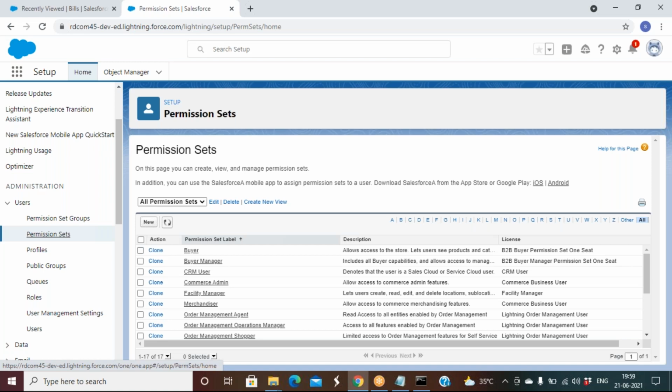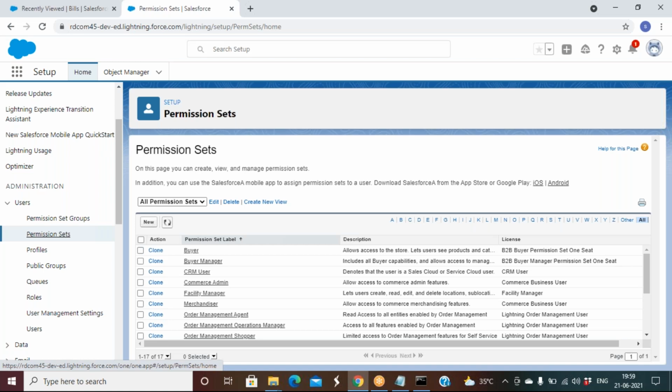And you got a scenario for user B where you want to give some additional access that should not affect A. You know how to give access: you go to the profile and edit it. What will happen? The other user also will get that access. That we don't want to do. I'm taking 2 users, but it may be 10 or 100 members who have the same profile access, and you want to give additional access to a particular user without changing the profile. How can you do it? You can go with the permission set.